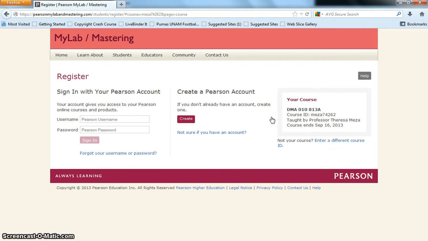From here, how you proceed will depend on whether you currently have a Pearson account or not. If you have a Pearson account, you will click on the username box, type in your username, then click on the password box, type in your password, and then click on Sign In. If you need to create an account because you do not have a Pearson account already, you would click here